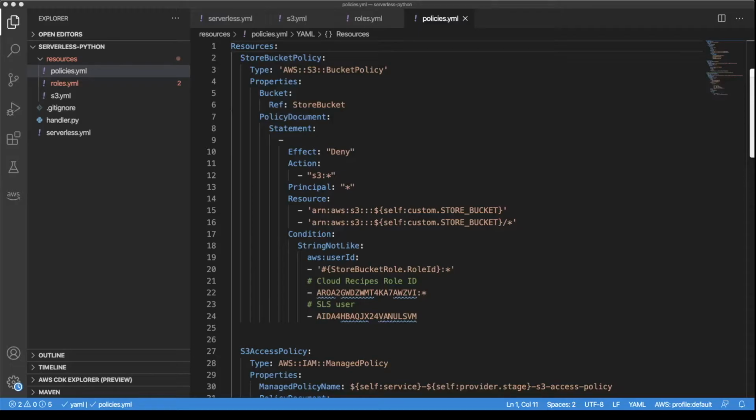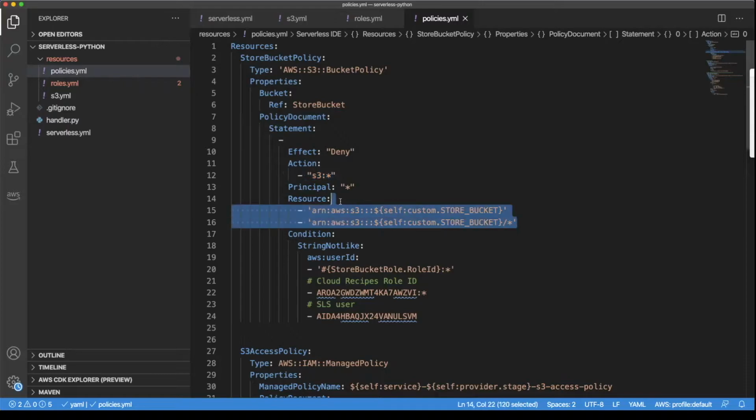This is our bucket policy. This is really the most important resource because in here, we are saying who will have access. You see in our statement, we have a deny rule for all S3 actions for our S3 bucket. We also have a condition